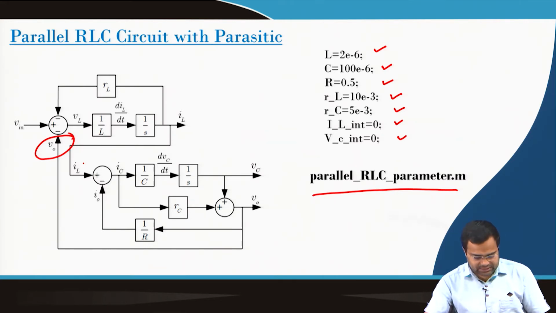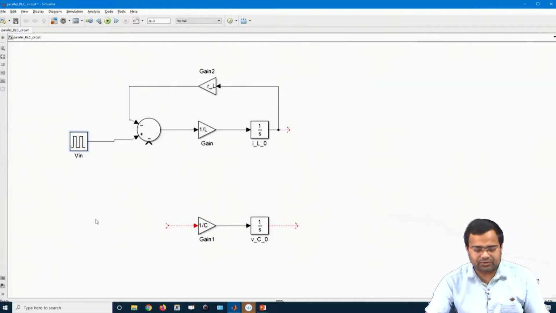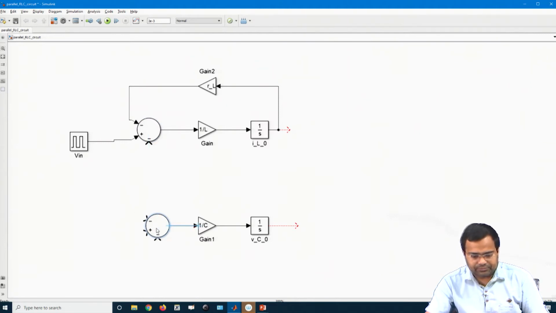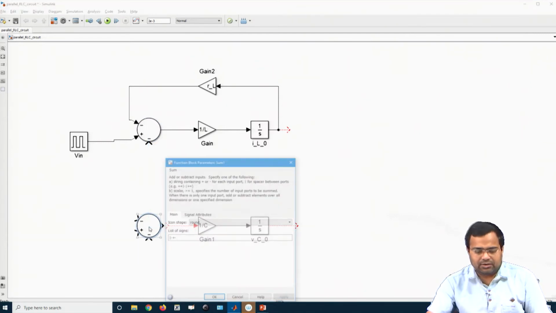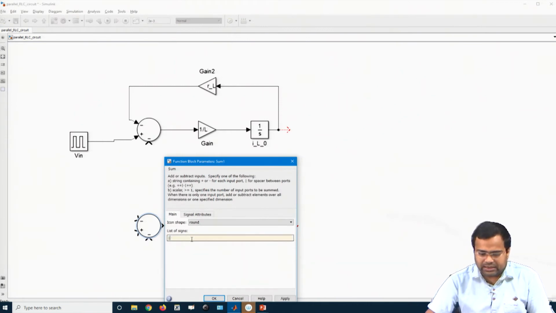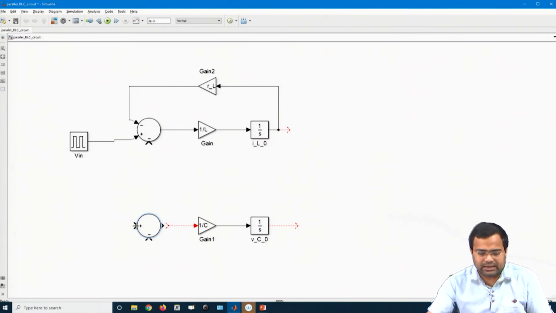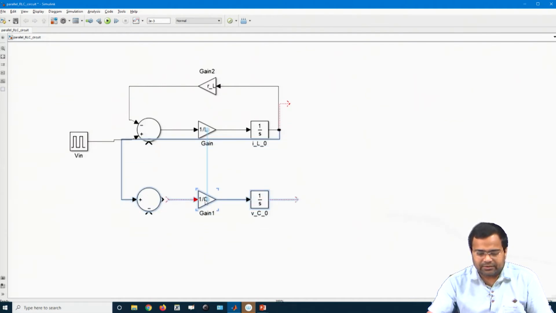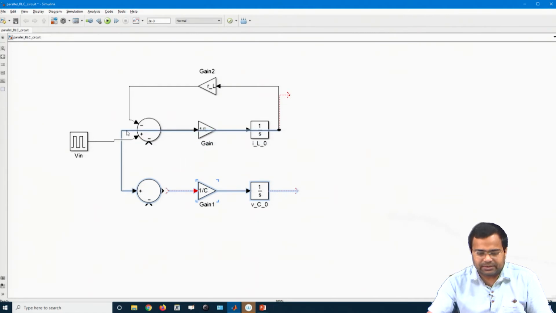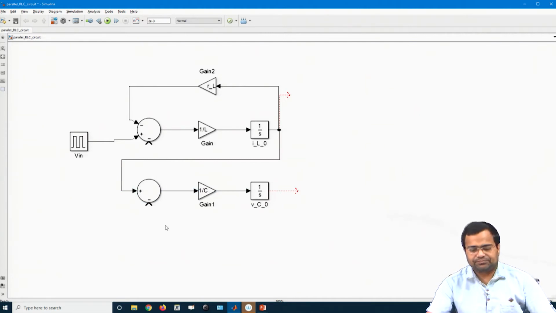Okay. So, with this, let us move to this MATLAB Simulink block. Now, we can consider a block here. In this block, we need the capacitor current, which is the inductor current minus the load current, and the inductor current here we can simply connect here. We can simply connect here, and this block I can raise a little bit. We need to connect. So, this current is the capacitor current.